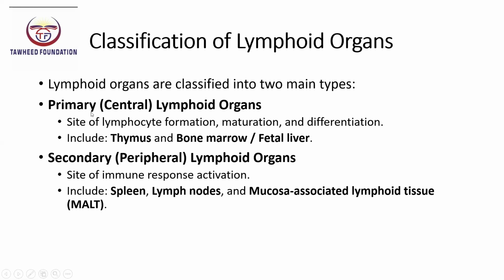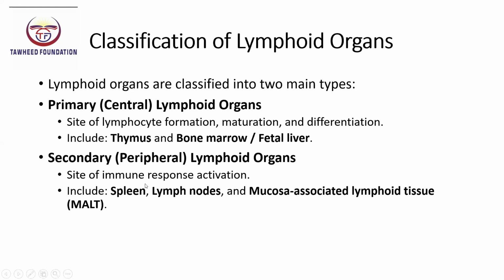Primary lymphoid organs, the thymus and bone marrow or fetal liver in early life, are the sites where lymphocytes originate, mature, and become immunocompetent. T cells mature in the thymus,